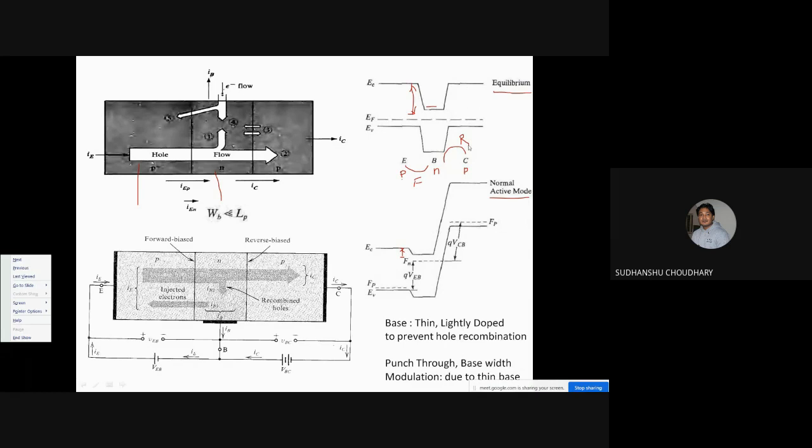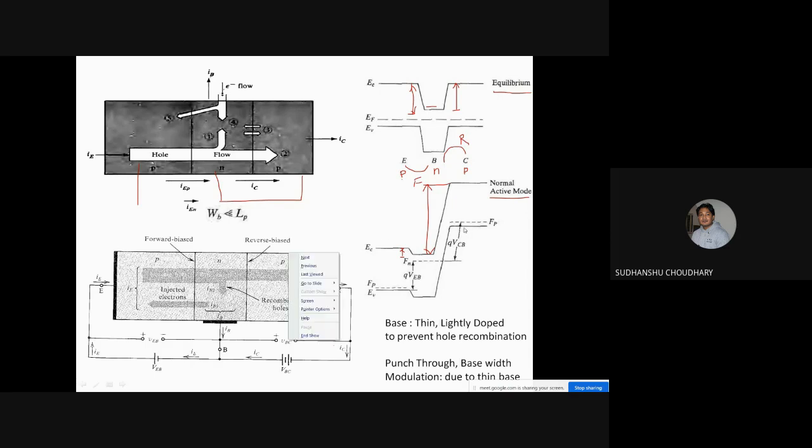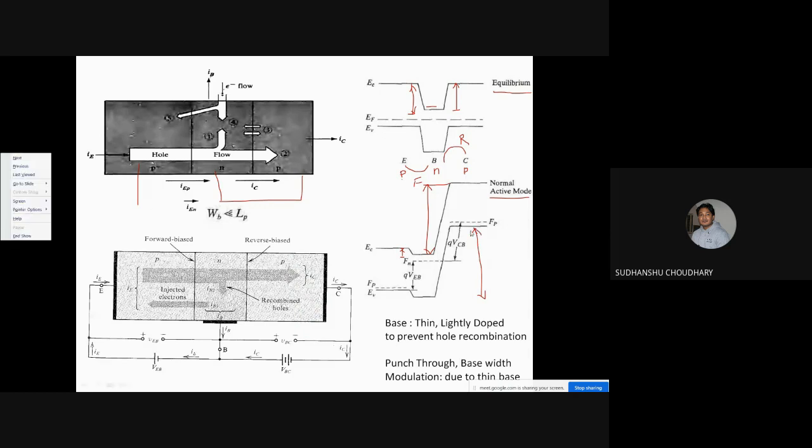Similarly, this other PN junction has to be reverse biased. When I apply reverse bias across this junction, the barrier potential which was appearing here should increase, which is actually increasing here. One can see that this barrier potential is increasing since reverse bias is applied on the collector base side. That way one can identify the changes in the energy band diagram, which depend on the mode of operation of these transistors.